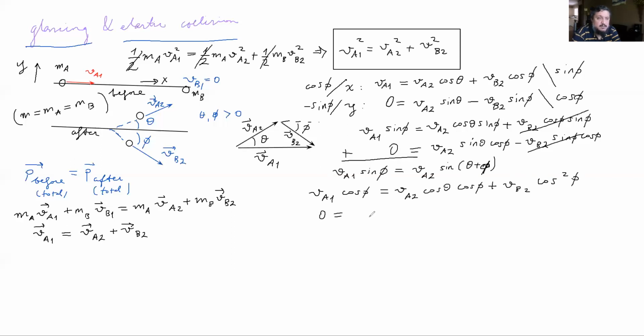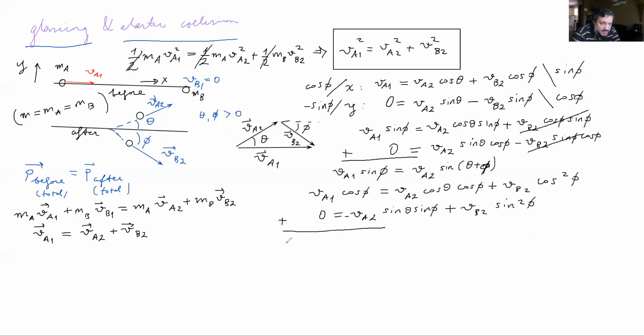And then VA2 sine theta times negative sine phi. So put a negative here times sine phi. There's a negative here. 2 negatives make positive. So VB2 sine squared phi. Now if I add these two,